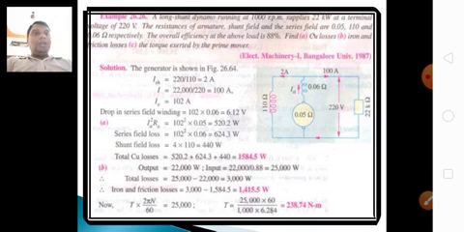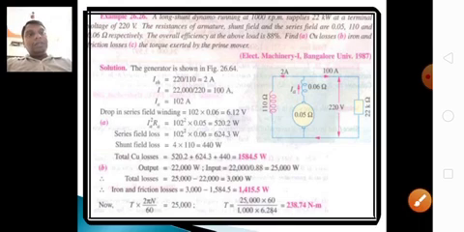And the formula for long shunt: IA equal to IL plus ISH, similarly same here also. ISH equal to V by RSH, right? So ISH equal to 220 volts, diagram is given already. So 220 by, RSH resistance is given 110 ohms. So ISH is 2 amps. The total current: 22 kilowatts is 22,000 watts, I equal to P by V. So I equal to 22,000 by 220, so 100 amps.